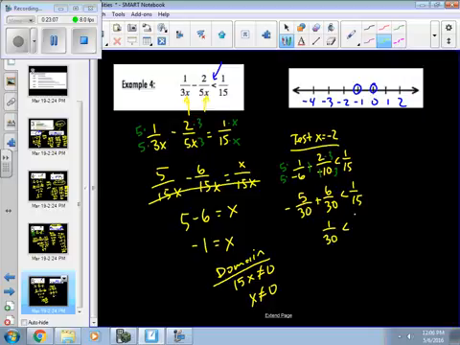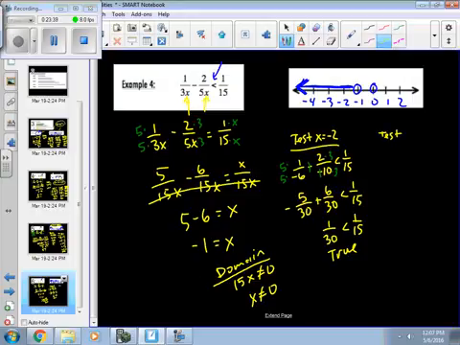Is 1 over 30 less than 1 over 15? Yeah, if you take something and cut it up 30 times and take one of those pieces, and you take something and cut it into 15 pieces and take one of those, the one on the right is going to be bigger. So this is a true statement. So if that part came out true when we plugged in negative 2, all the points this way should be answers. If you tested a point in between,